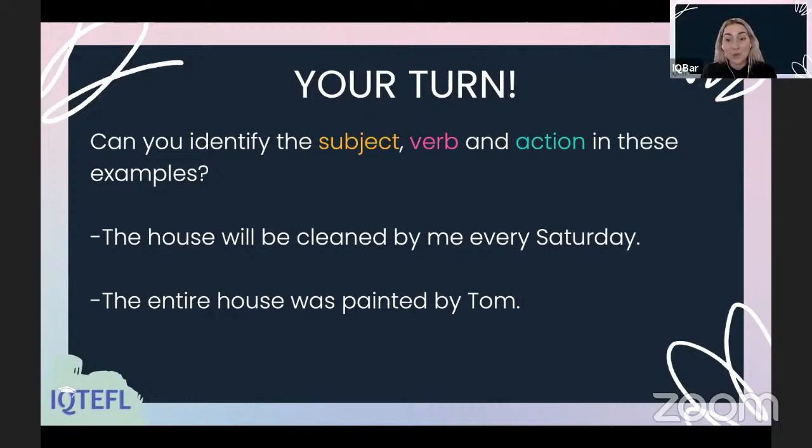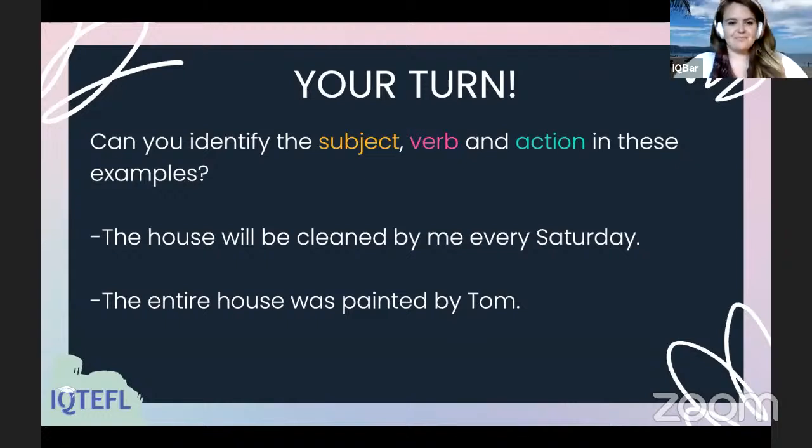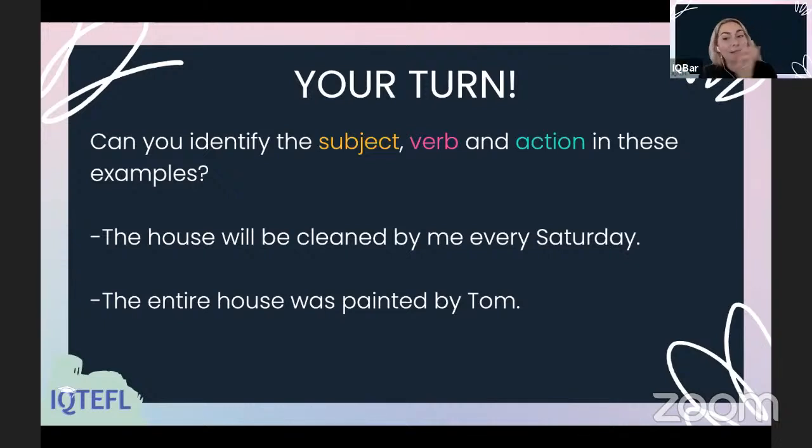Yes. So the next thing we're going to focus on is the verb. Now, this can be tricky because, like you mentioned, Savannah, there are two verbs in the sentence. Yes. So what would be our verb in these two sentences? I think it's important to remind your students and yourself that the verb of the sentence will be the first verb that you see. So in the first sentence, it will be be, and in the second sentence, it will be was. Exactly. And then our second verb, our past participle, it would be easier to just call it our action,